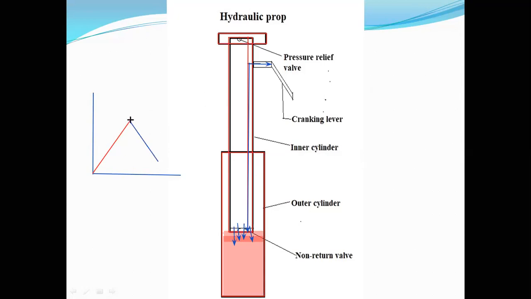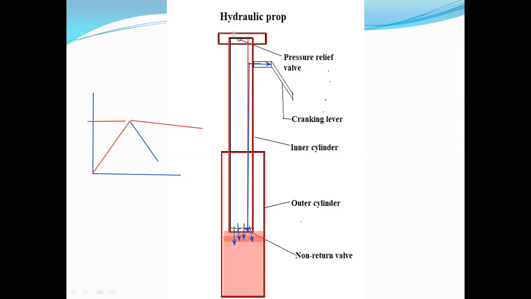Basically it will continue carrying the same load. So it won't fail. It will continue carrying a little bit more, less, but it is continuing to carry the same load. Am I right? This portion is still carrying it. It's not failing. So this behavior is called yield behavior. If it fails like this, this is the characteristic of rigid props.